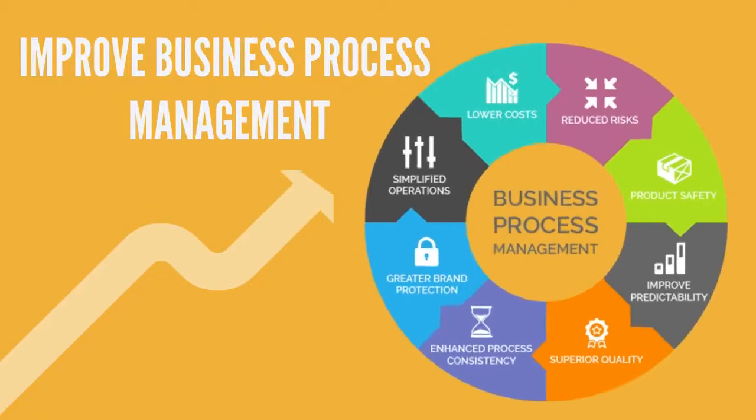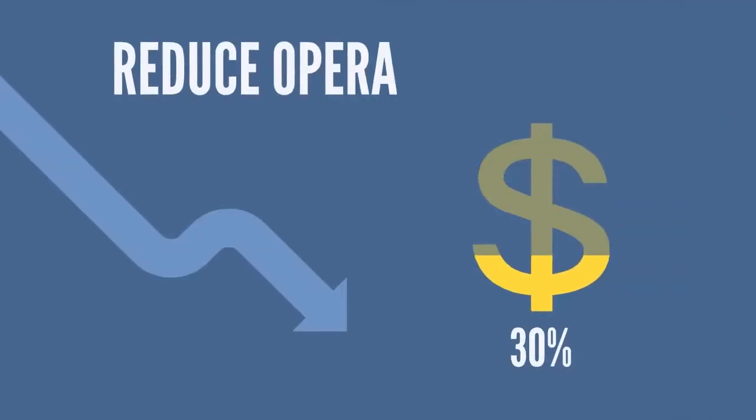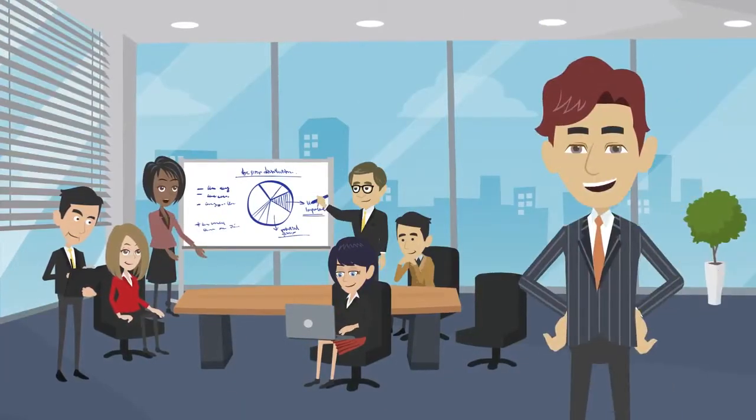And this has helped them to optimize process management, more uptime, increased recovery, reduced overall operational cost, and better operational